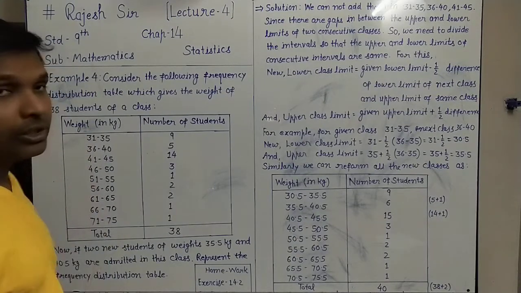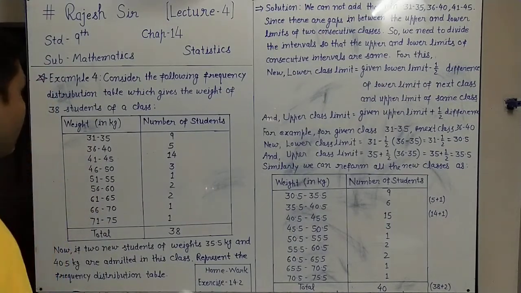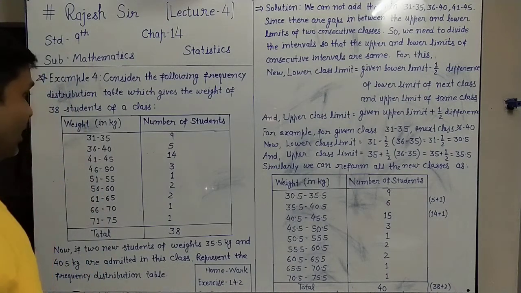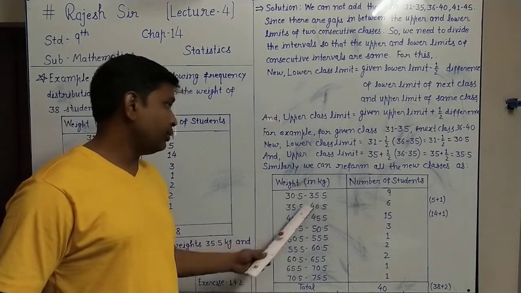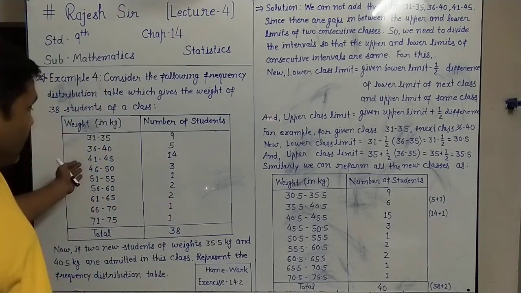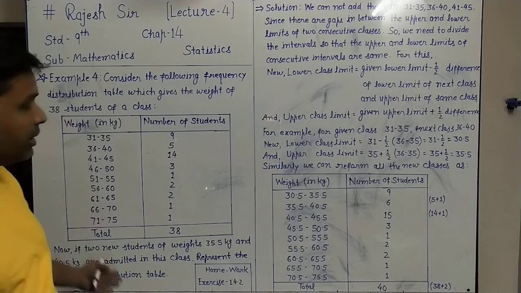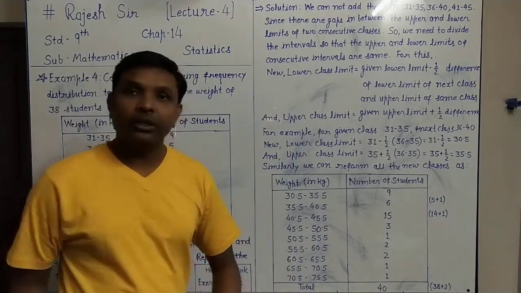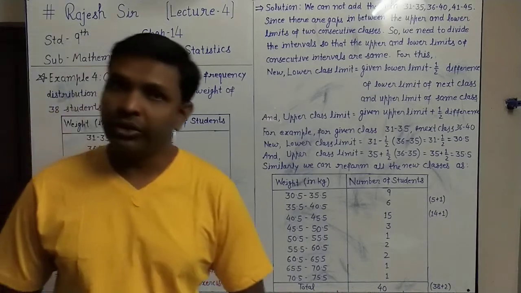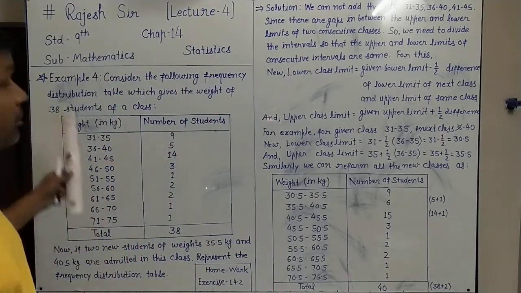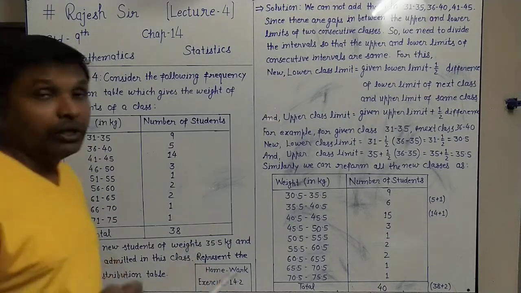Two types of frequency distribution tables you will have. This type has one gap between classes, and this type is with the continuum. These are called exclusive classes, because one gap is there, and this is called inclusive classes, because there is no gap between the upper limit and lower limit of two consecutive classes. So this is the total understanding of this representation of data with examples 1, 2, 3 and 4 we have seen.